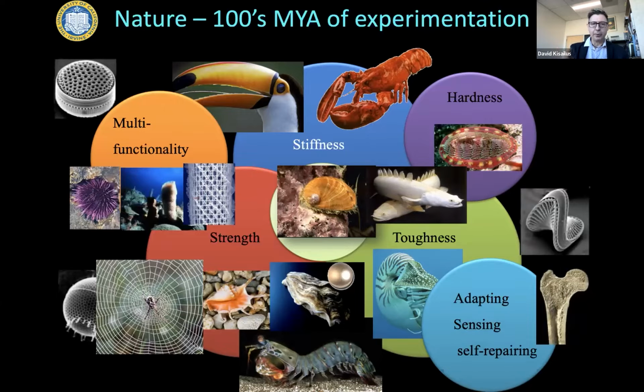You're able to self-heal. If you break your bone, you can self-heal. They can actually have some adaptation. They can sense, and I mentioned self-repair already. So they have multifunctionality. Could we actually implement that into, let's say, this structural material, this composite carbon fiber that you'd find in an aircraft or an automobile, to make the structure the actual battery of the car?